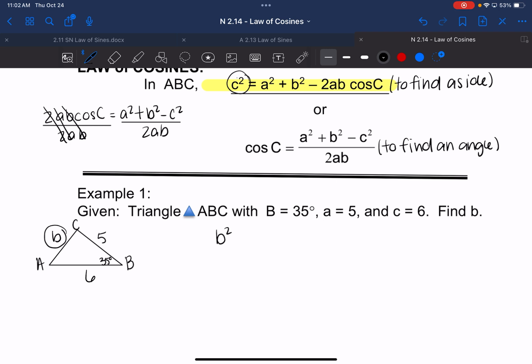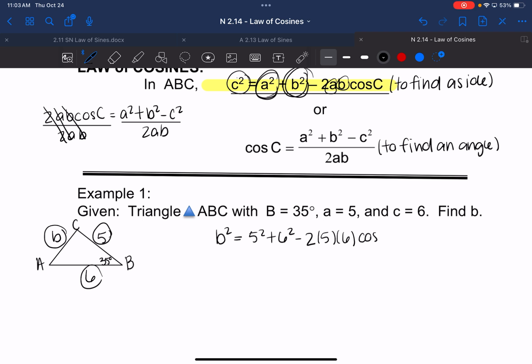So I'll have b squared equals 5 squared plus 6 squared minus 2, again an A and a B, so that's the 5 and 6 that we just plugged in,